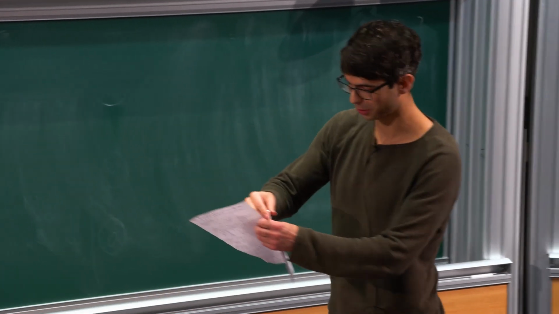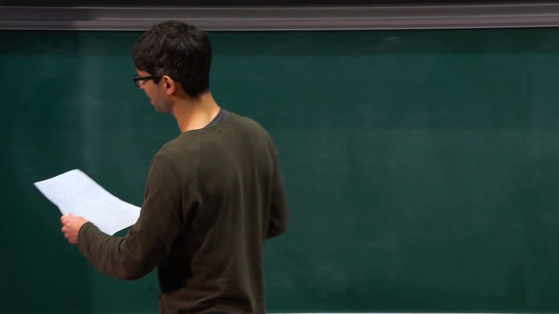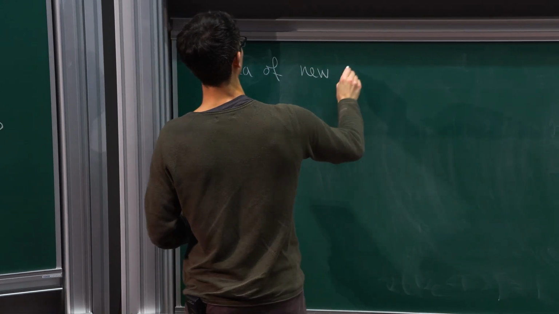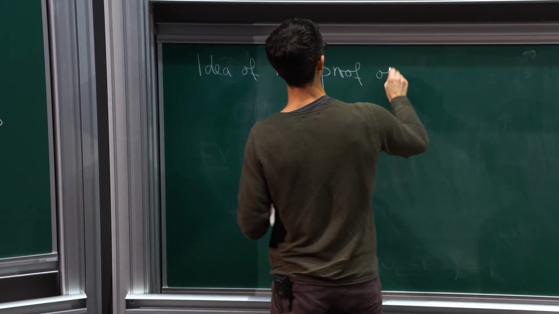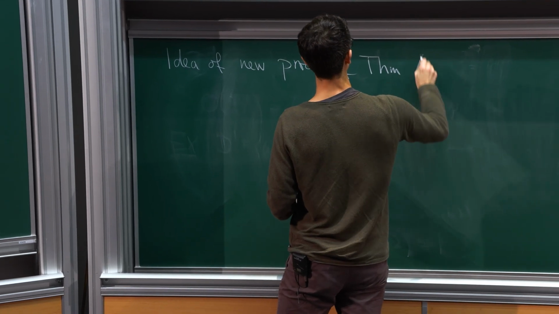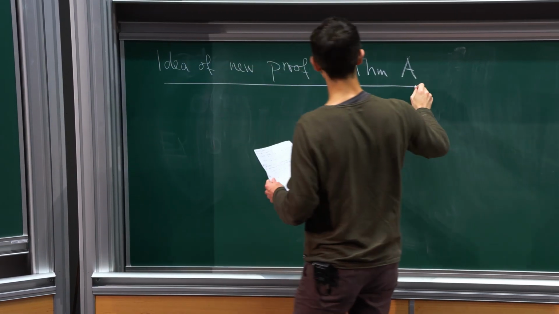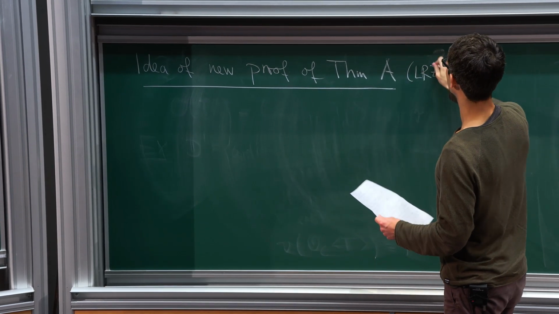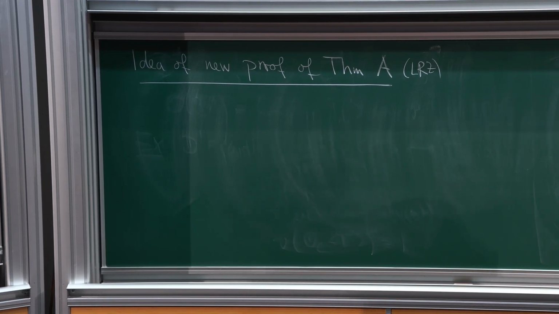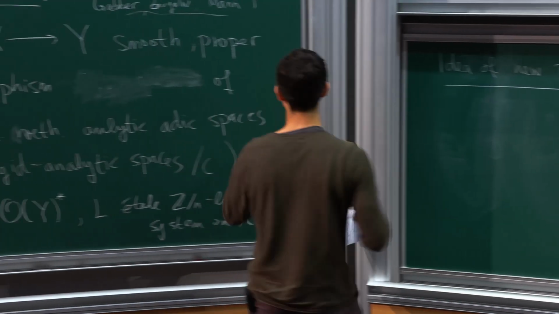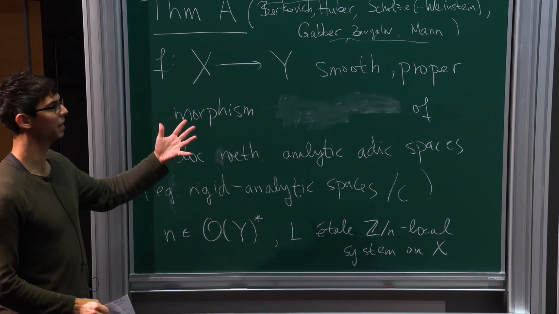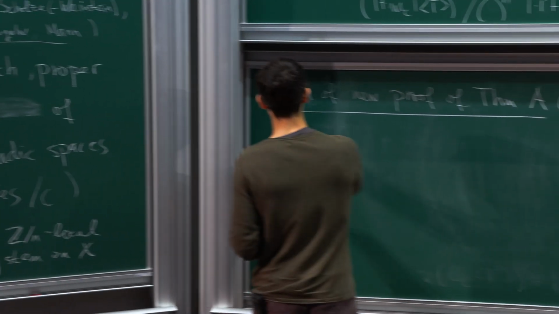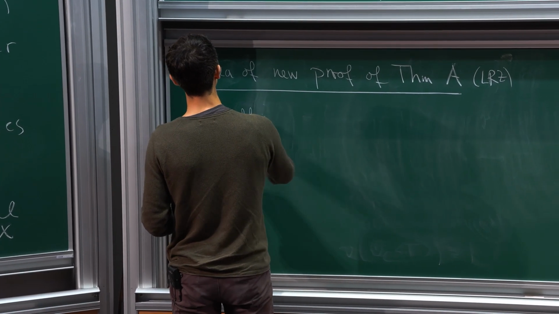Okay, so now I want to also say a little bit about the idea of this new proof of theorem A. And so somehow the idea is that the statement here is completely diagrammatic. It boils down to checking the commutativity of some diagrams once one has defined this trace map and cycle class maps. So for this, we need to use that